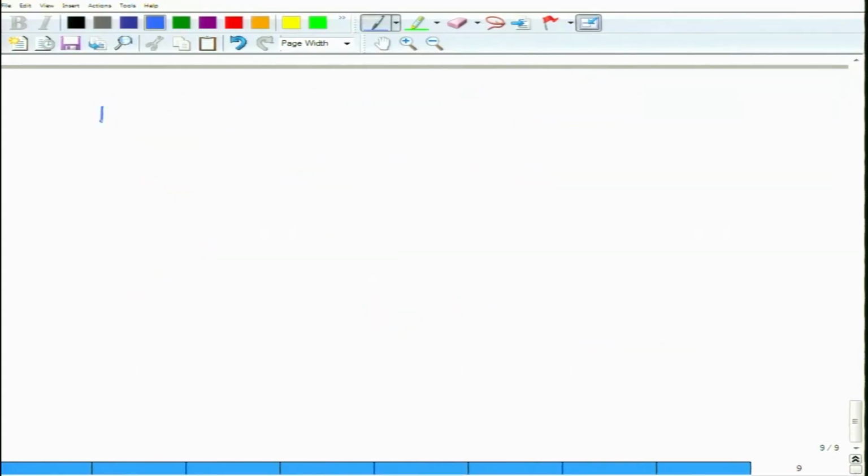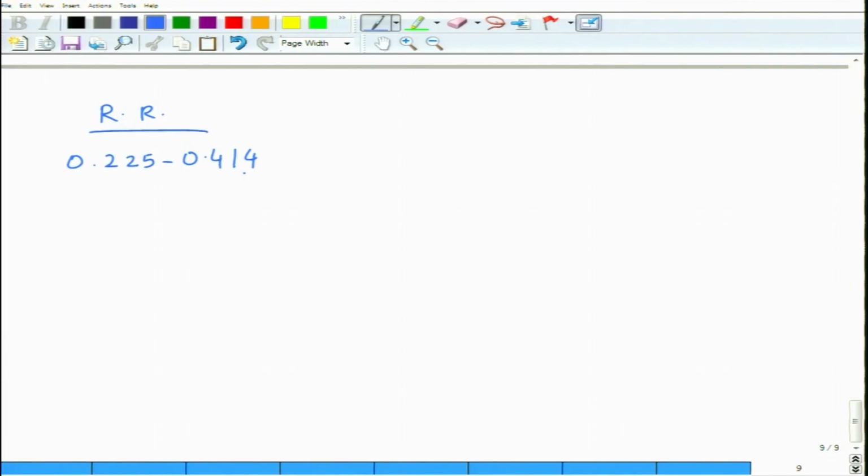Third one is when RR is between 0.225 to 0.414. If you recall, 0.225 was the size of the atom that could fit into a tetrahedral void of a close packed structure, and 0.414 was the size for octahedral. So here the cation is small enough that it can fit into a tetrahedral void but not into an octahedral one. In such a situation the coordination number tends to be 4, and this is called tetrahedral